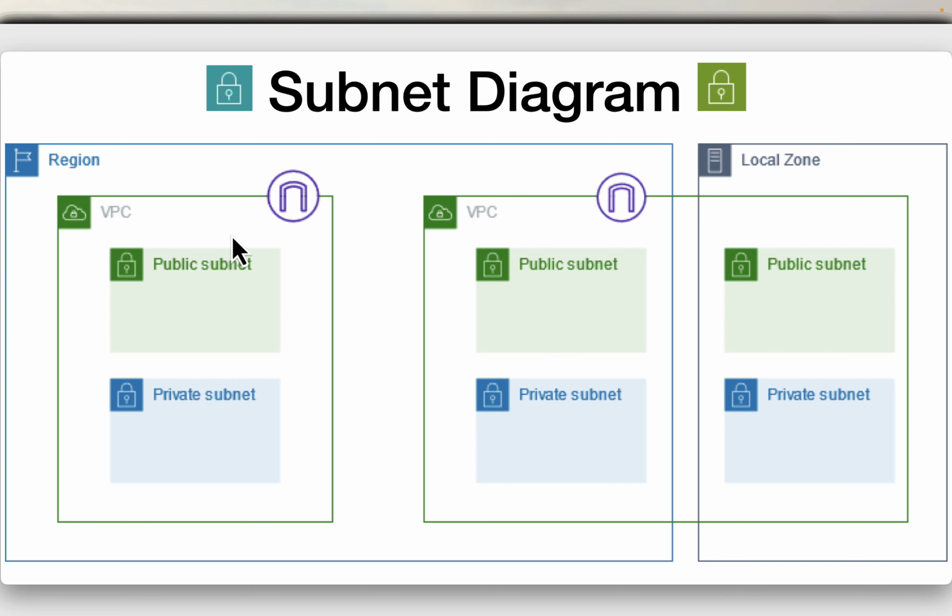Next is the public subnet. Both VPCs have a public subnet. A public subnet is part of the VPC and has a direct route to the internet via an internet gateway. Resources within a public subnet, such as EC2 instances, can send and receive traffic directly from the internet. So I'm talking about this particular VPC. This one has an internet gateway, and it has a route to connect to the public network, basically the internet.